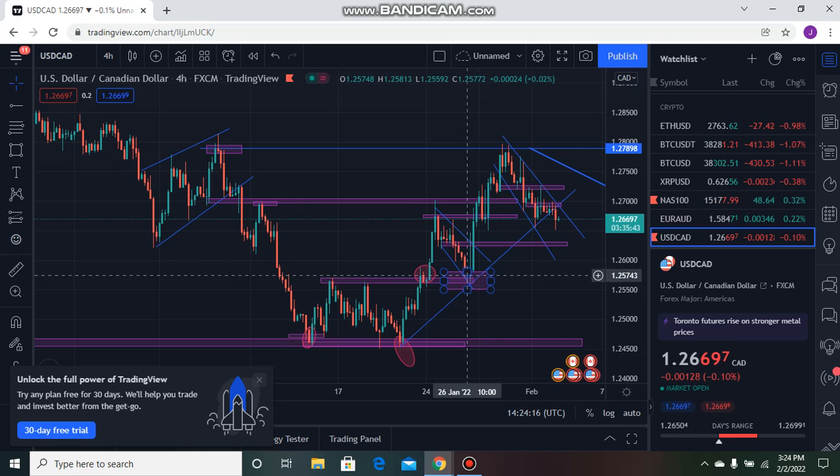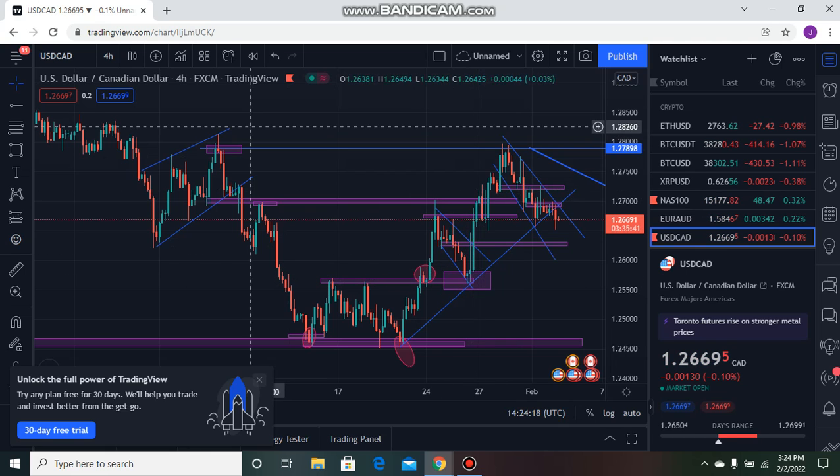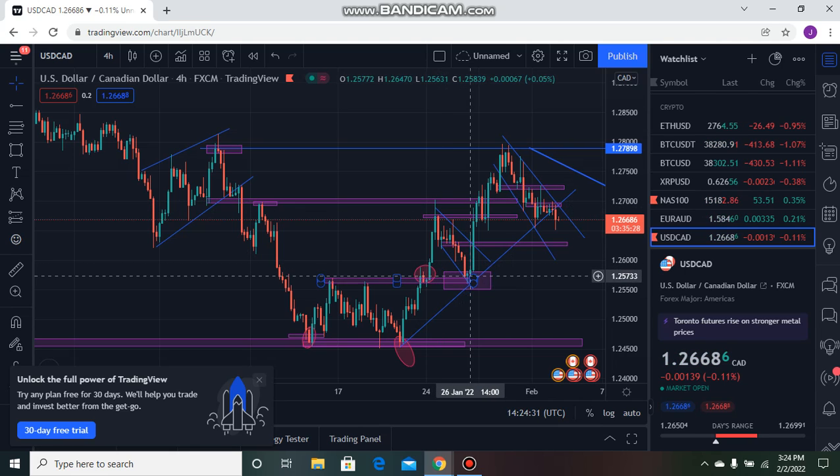So you can see there was a breakout. So having known that this was our first lower high, lower low, lower high, if you observe, upon this touch there was no breakout. It came here, it didn't break out, it just tested it with a wick and gave us a correction here and broke out impulsively. So the next lower high, the higher lower high, which was this one here,